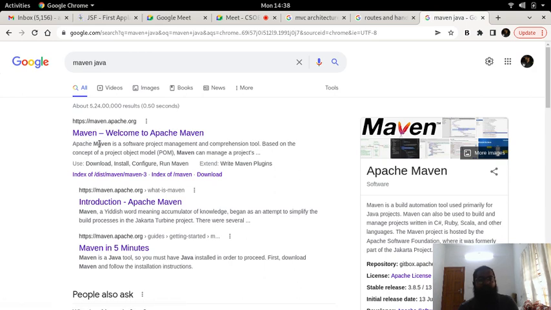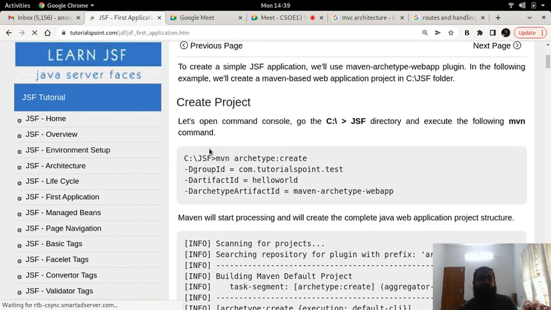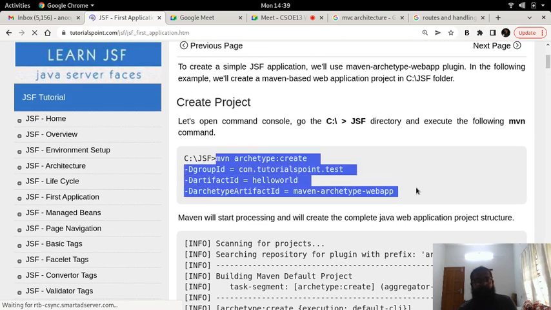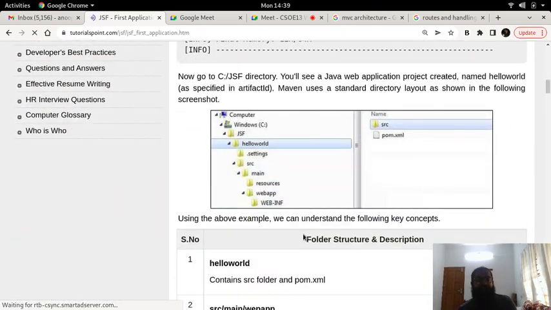Apache Maven is a software project management and comprehension tool, primarily for Java projects. Maven can also be used to build and manage projects written in C#, Ruby, Scala, etc. But it's primarily for Java. So you have to install Maven. Then using Maven, you will do the first bootstrapping command, and that will create the first basic directory structure.